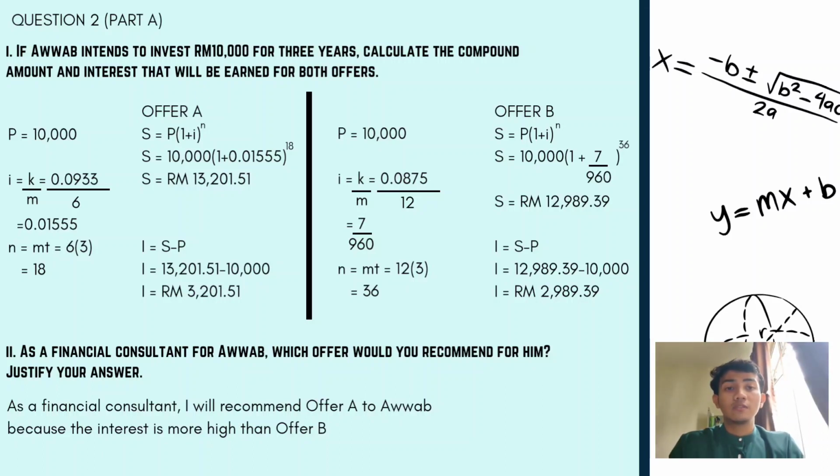For i, we will divide 0.0875 by 12 and we get 7 over 960. For n, we will multiply 12 with 3 and we get 36. After that, we just transfer all the information into the formula. So 10,000 in bracket 1 plus 7 over 960 to the power of 36, and the compound amount for offer B is 12,989.39, and the interest amount is 12,989.39 minus 10,000, and we get